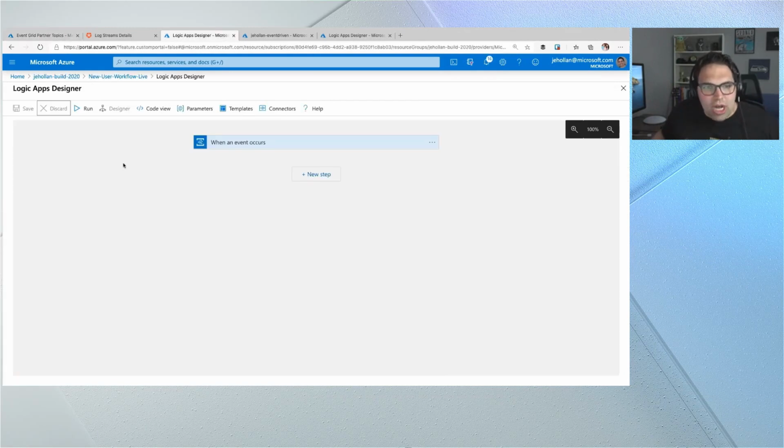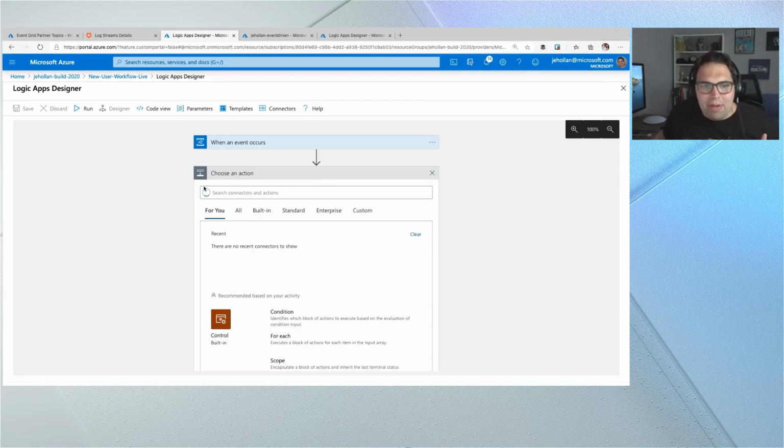So the next place we're going to jump is Azure Logic Apps. These are those event-driven workflows. I've started a workflow here. I've already configured the event trigger. I have it connected to that Auth0 when an event occurs that we showed you a second ago. And now we can start to add in what is the process, what is the workflow that we want to happen whenever a new customer signs up.